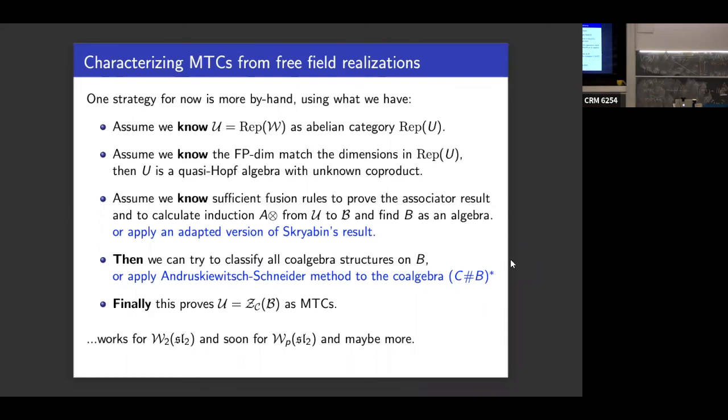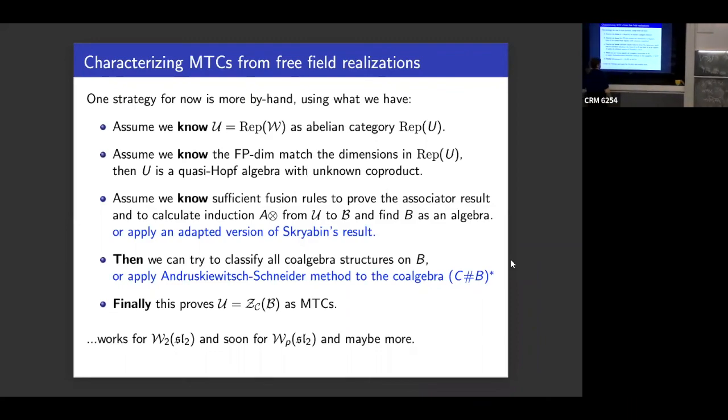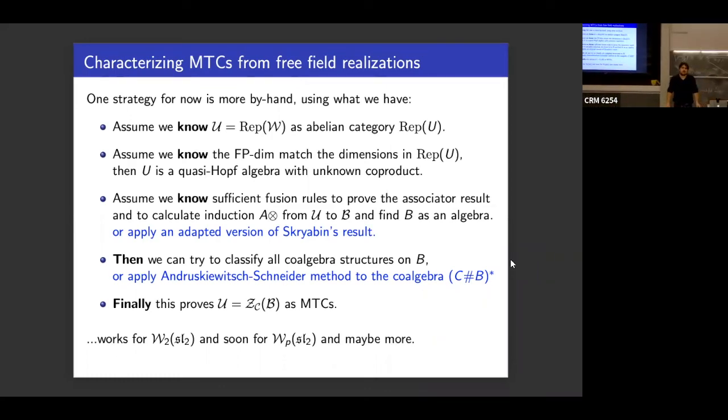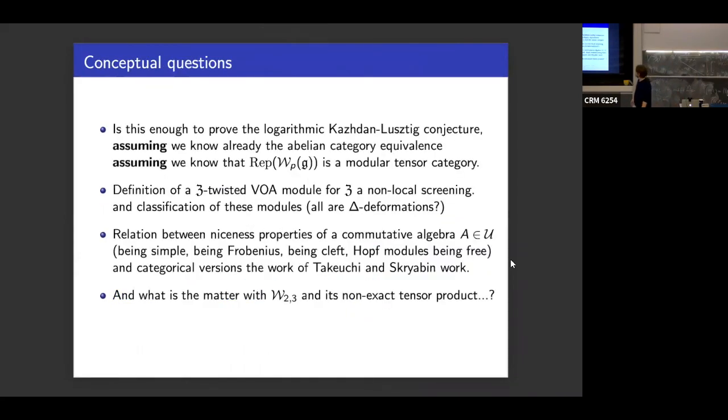And then this proves with the last statement that this is really this. And this is how it worked for triplet SL2 and for triplet equals. That's it. If you know such stuff, yes. No, this I need because I don't know what I said before. This is a strategy how we prove it for p equals 2 SL2 and how we prove it now for SL2p. Yes, and of course I have the question.